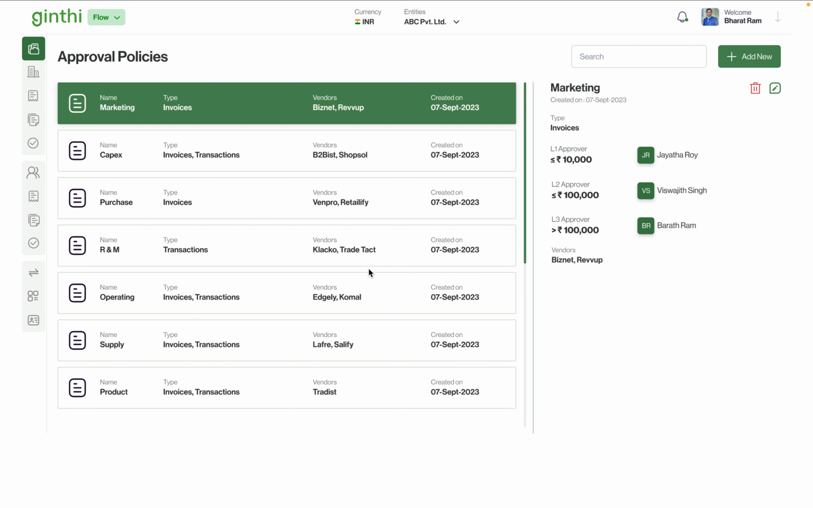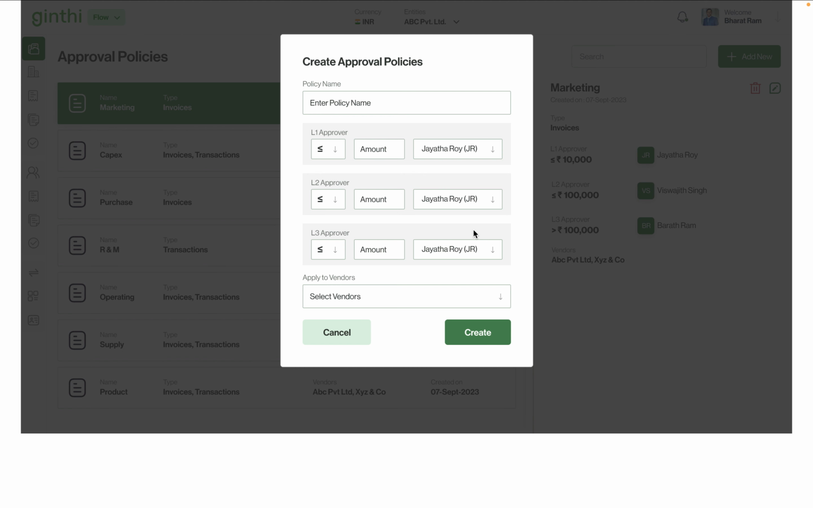Let's call it an AP Copilot. What this Copilot can do is design your approval policies for different spends on your AP side. It can categorize those spends: do you want it to be a marketing spend, a capex spend, a purchase spend, a repairs and maintenance spend, or some other operating spend, etc. And you can create and define approval policies